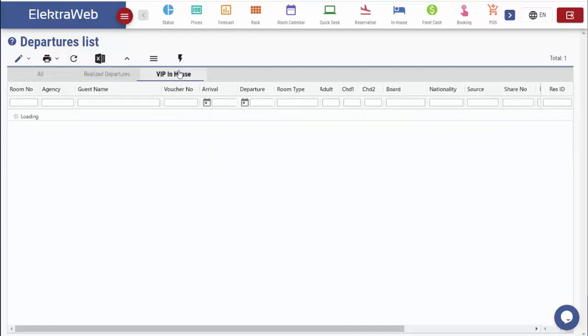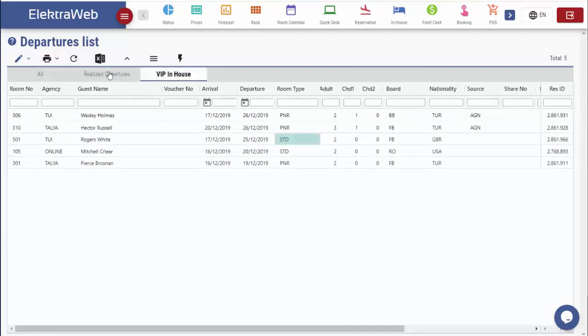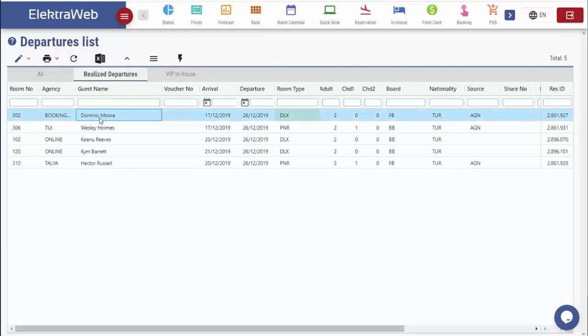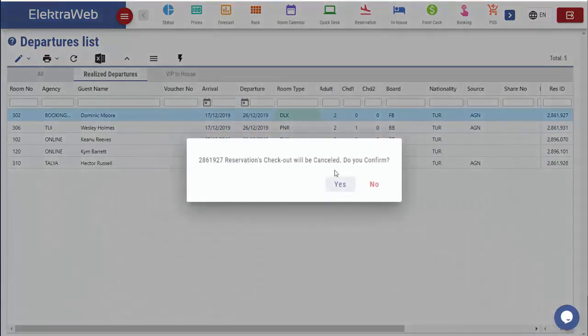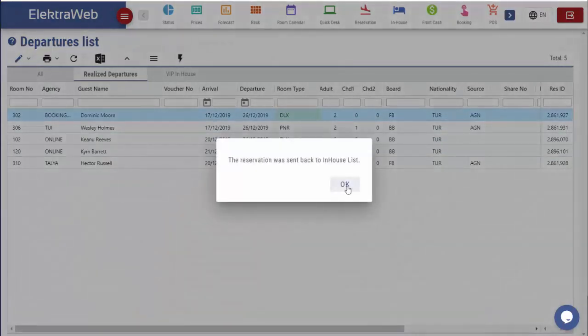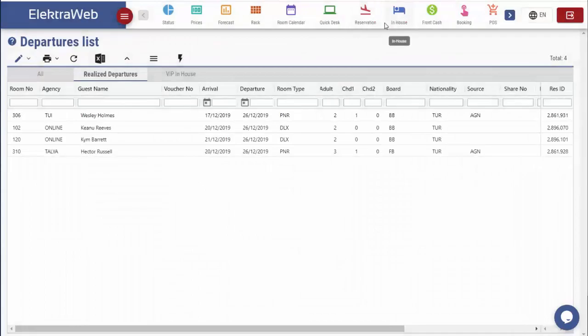VIP guests are shown under the in-house VIP tab. If one room is checked out by mistake, this can be corrected from the action menu by clicking on the Checkout Cancel button. When I say OK, we can see again from the in-house list that the room number 302 is